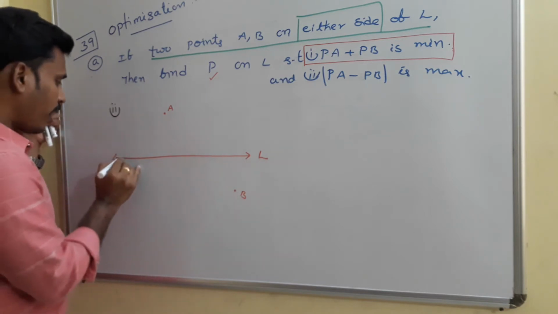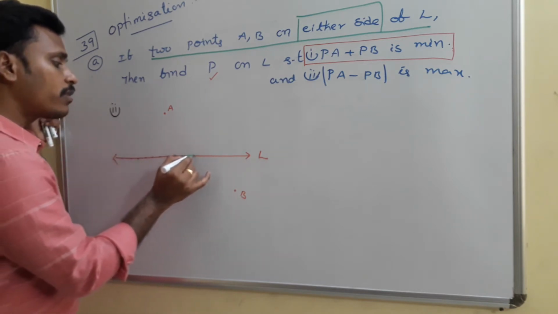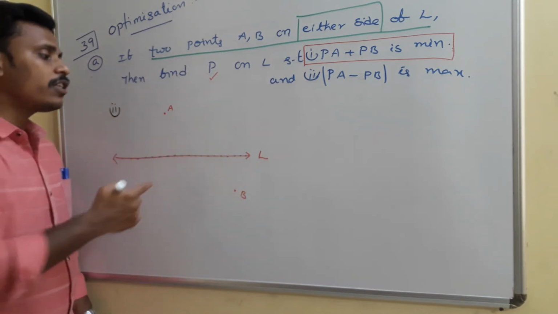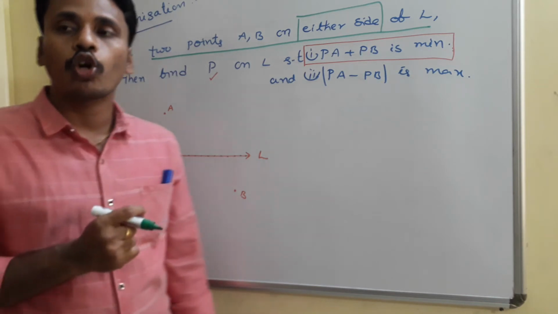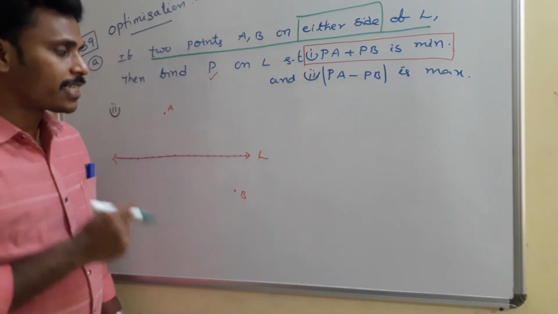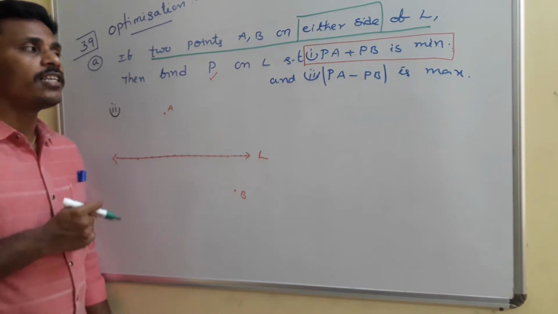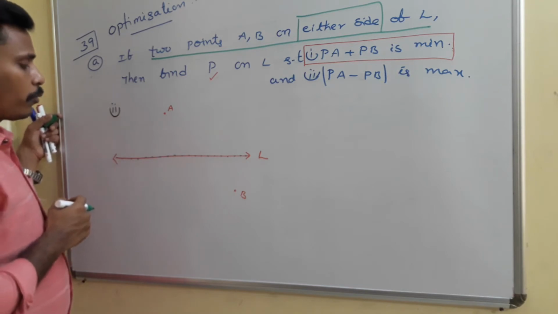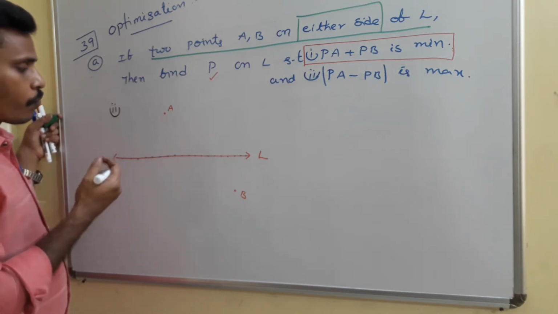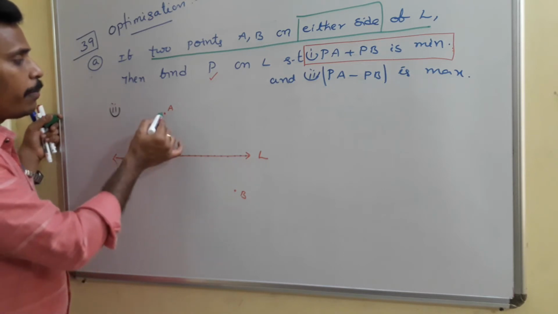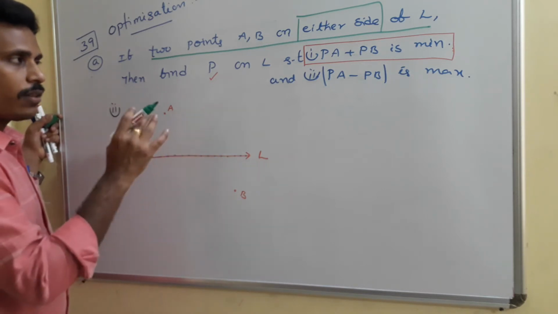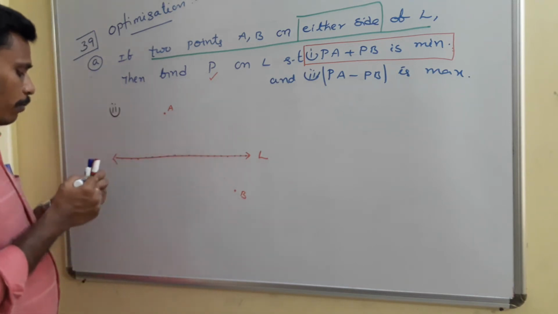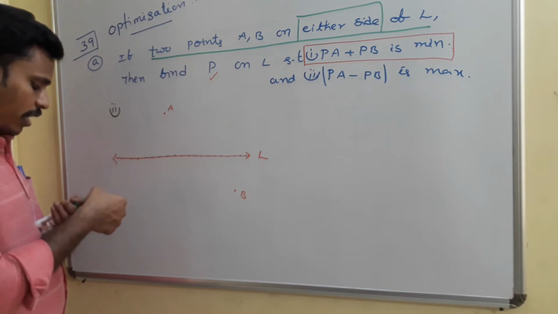As we discussed, there exists an infinite number of points on this line. Among these points, you need to identify one particular point P such that the modulus of PA minus PB is maximum. What I am going to tell you is, you just calculate the image of either A or B. First of all, look at the discussion and then automatically you will get a clear idea. For this problem you need to calculate the image of either A or B.